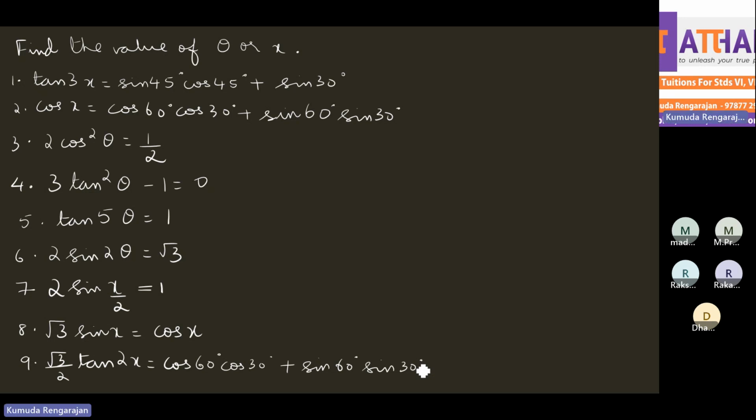What you can do is bring cos x this side. So it becomes sin x by cos x. And then take it to the other side. That becomes 1 by